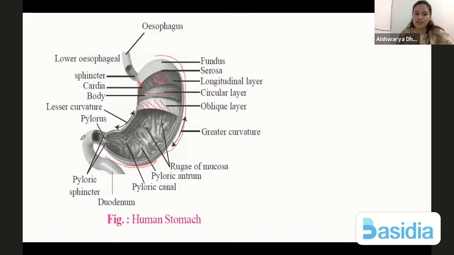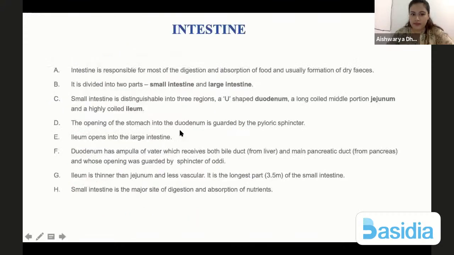Now, stomach will open into the small intestine. So we will be talking about the internal layers of the stomach also, like what kind of glandular epithelium or what kind of epithelial tissues that are present. But those epithelial tissues are common for the entire alimentary canal. So I will talk about it in detail. Once I'm done with the alimentary canal, all of that I will discuss all together.